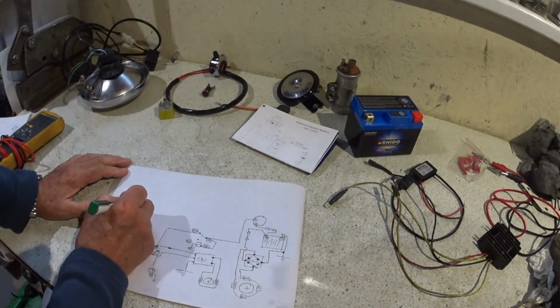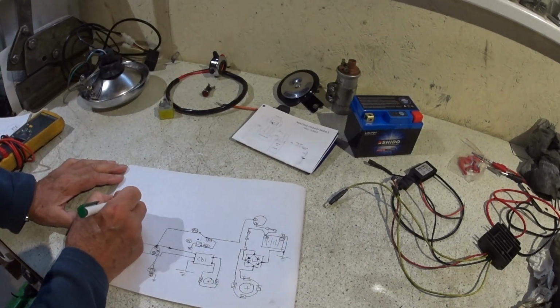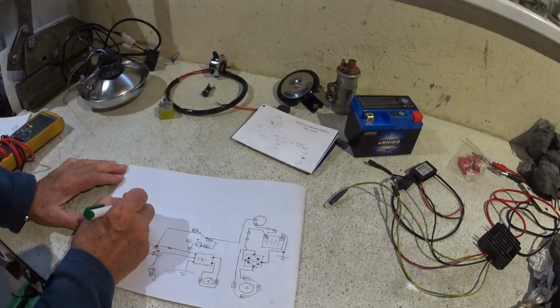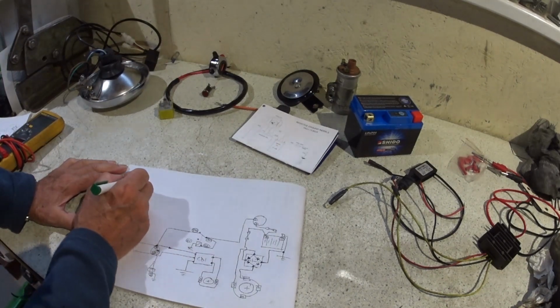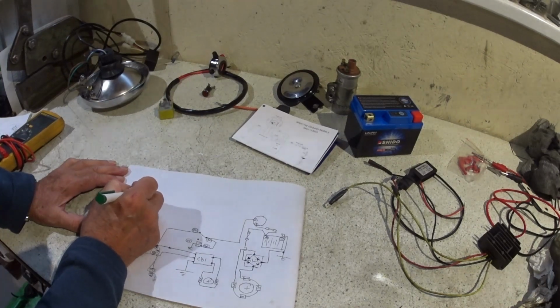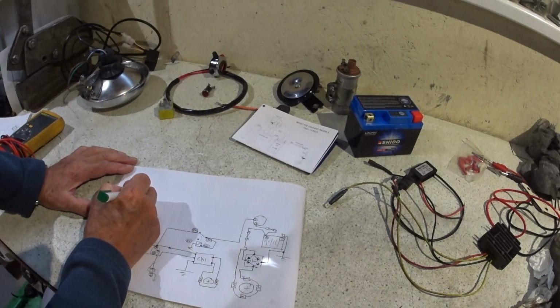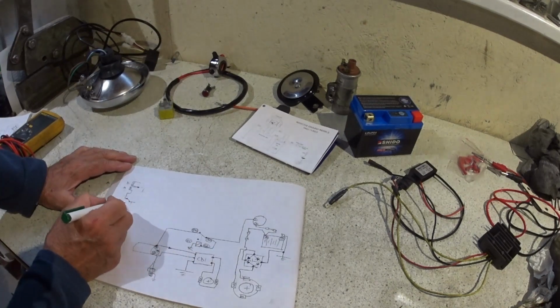so there's 3 switches on it, isn't there? So we've got one way or the other way dip or main beam, so that would be light feed in, that would be out. May as well do the bulb. So if I do a twin filament bulb, so the common earth, so one will be, let's call that the main beam, and that one's the dipped filament. And then when you flick it down to this one,